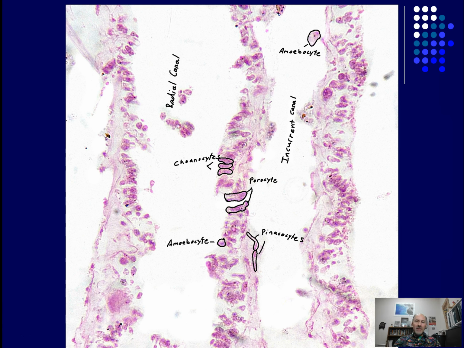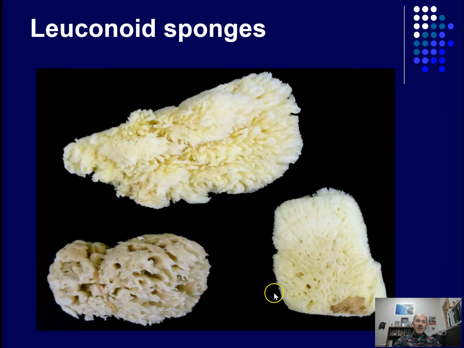All right, now, to wrap things up here, we've got our third and final type, the leuconoid sponges. These are the sponges that most people are familiar with, because these are like the large, old-fashioned bath sponges. Back in the day before Dow Chemical created polyester and polystyrene and all these synthetic fibers that they were able to configure to create the modern synthetic sponge, if people wanted a sponge, they actually had to go out,